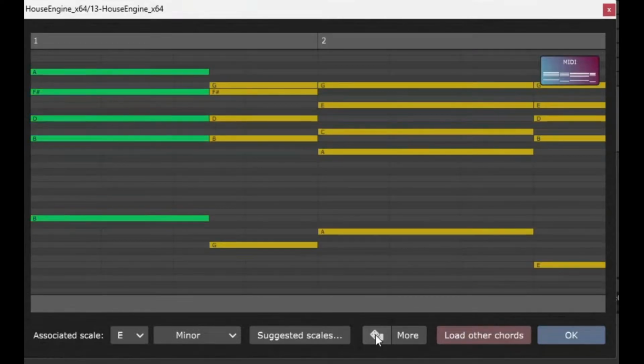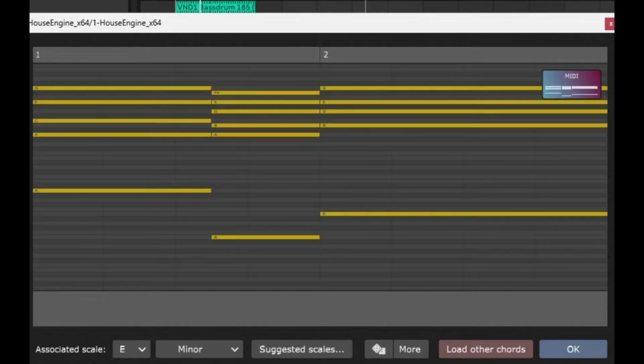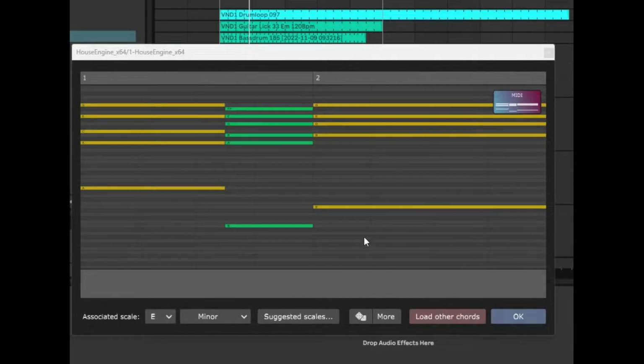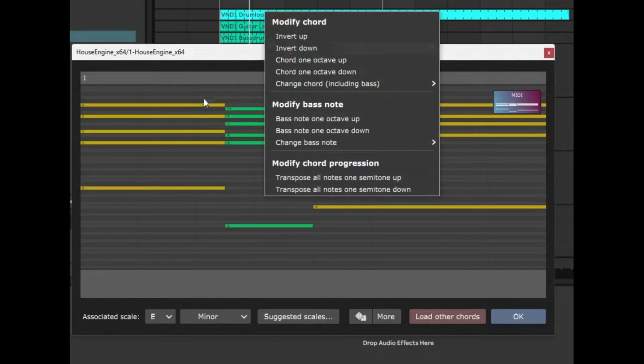Again. So eventually I found some chords that I like, so let's take a quick listen to them. Very nice. So just quickly, another thing you could do with chords, if you right click anywhere on the chords,